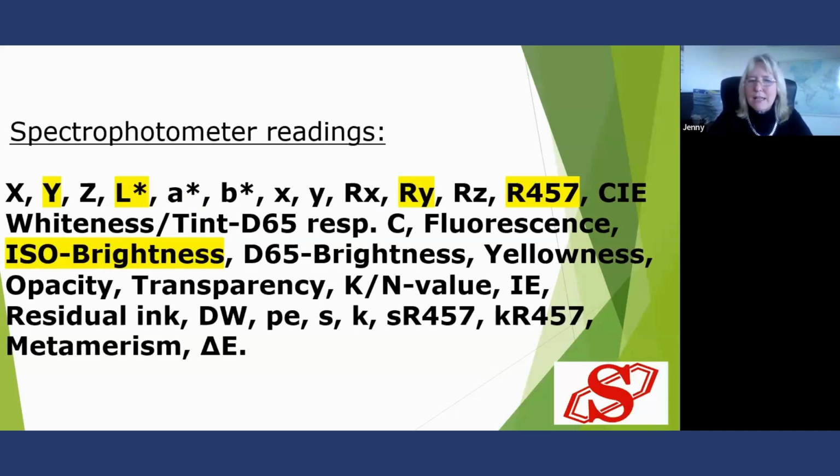Most mineral suppliers have a spectrophotometer, and the spectrophotometer machine does spell out all these results. They call different things, and they're at different wavelengths. So all the ones that are highlighted here are used for whiteness, in my experience. Maybe there's more, but these are the ones I've found. So sometimes it's called Y, sometimes it's called L, which is sometimes called lightness. Sometimes they use the RY wavelength. And the R457 is the most common one for kaolin, and that's the one that's